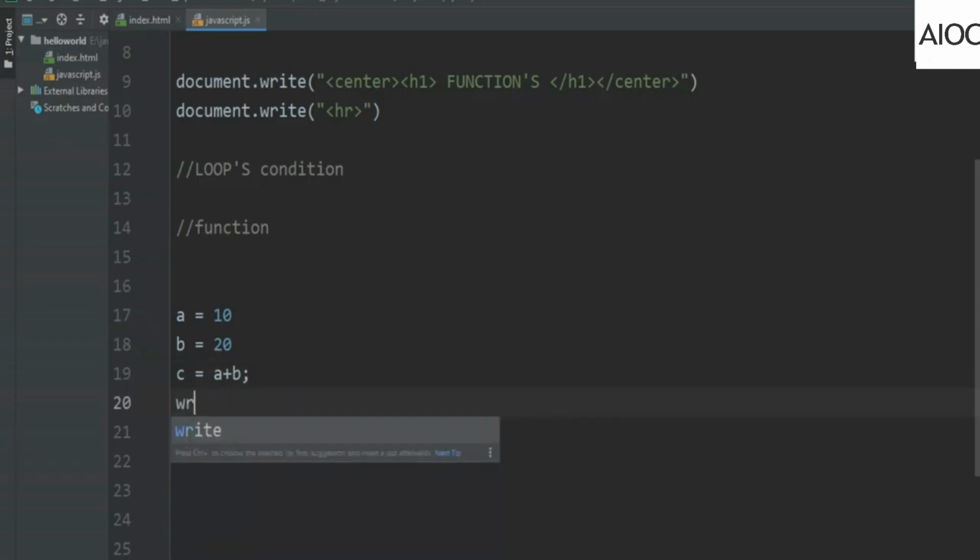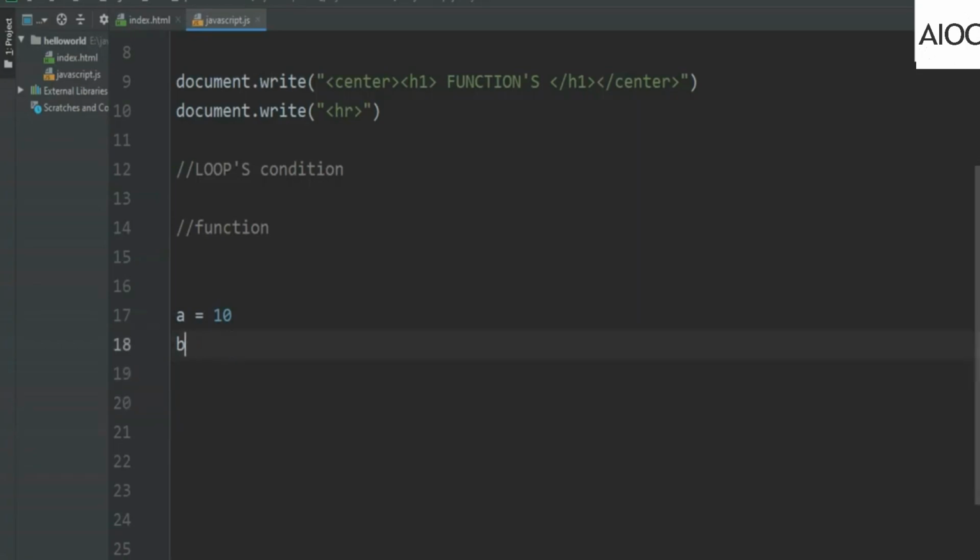Okay, let's just print write. Okay, let's make a function in here. There are two types of function. First is with argument and the second is without argument. So let's see first the function without arguments. Okay, this is the function without argument, and for that JavaScript has a keyword function, and then you need to write your function name, that says sum, and this argument bracket in here,